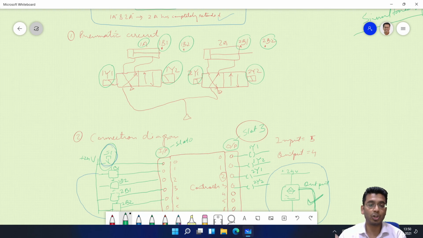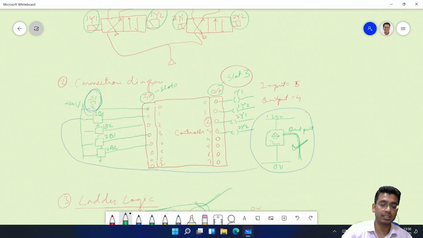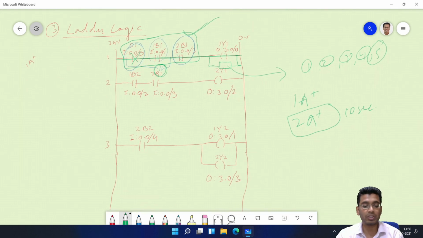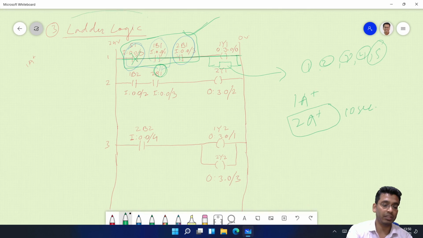Similarly, in an electro-pneumatic circuit, you had a time delay relay, right? But even that relay was a physical device. In this case, since all this works on a controller system, that means microcontrollers and all those things, you can easily give a delay, and all those delays are done in the ladder logic diagram itself. You do not have to add any components for that.